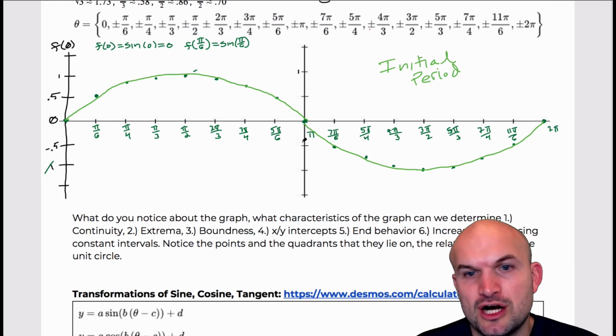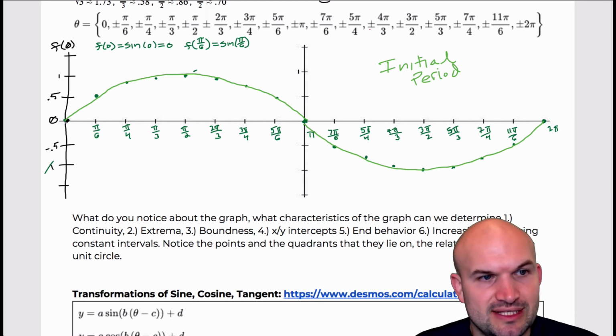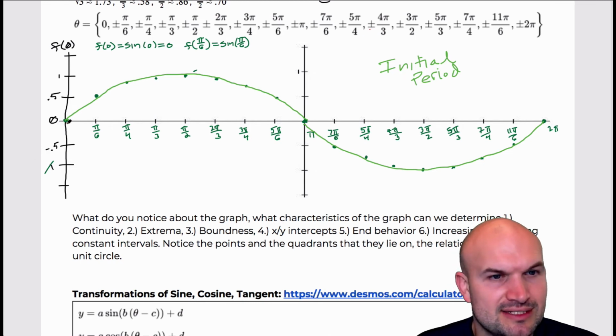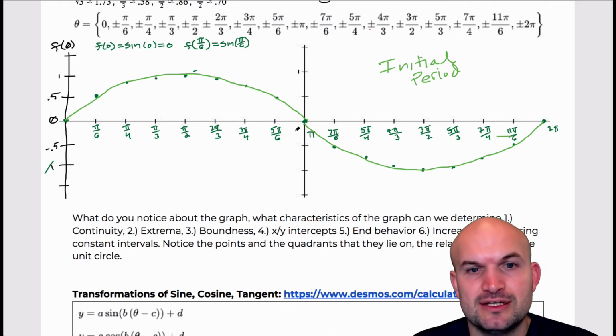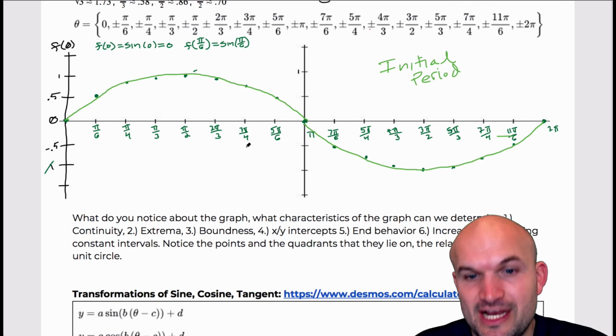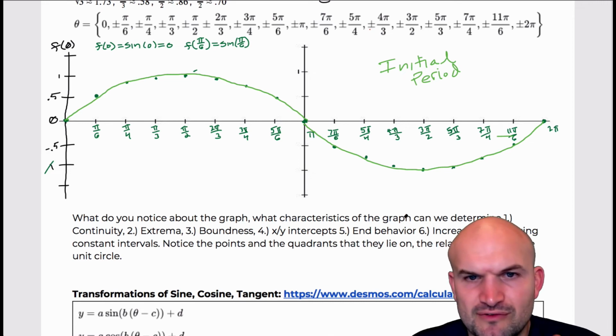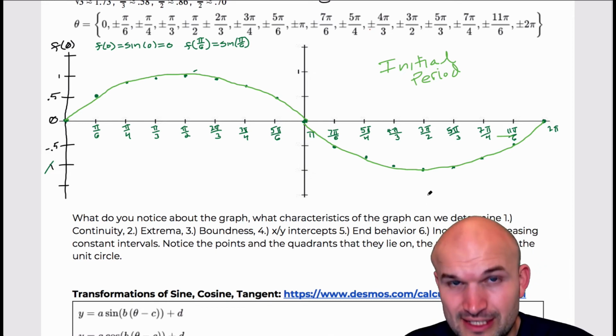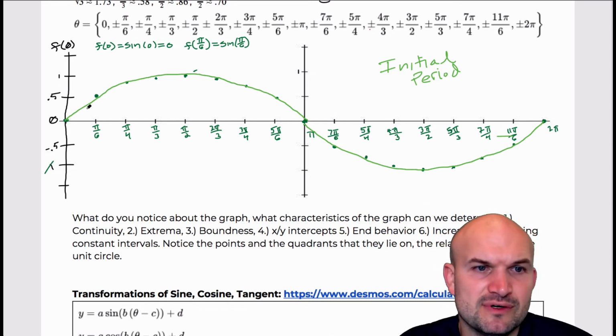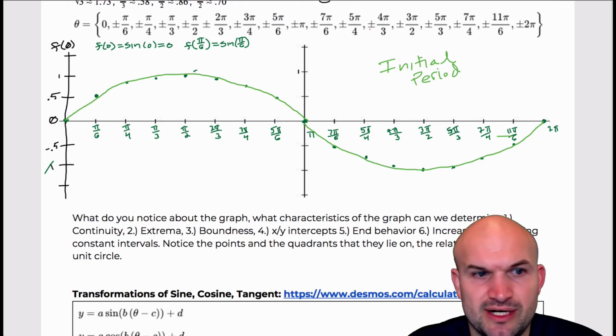We can see that there are some x and y intercepts. It looks like the x-intercepts are at 0, at pi, and at 2 pi, so each intercept is a pi away from the next. I'm not seeing any end behavior, and we'll talk about that a little bit later. We do notice that there is a change from increasing to decreasing. There are no constant intervals. You can see from 0 to pi halves, which I should just write in,